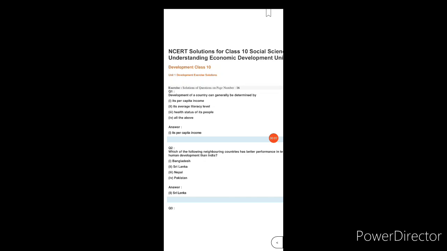जैसे मैंने आपसे कहा था कि मैं डेवलपमेंट चैप्टर क्लास 10 का सॉल्यूशन लेकर आऊँगी फर्स्ट चैप्टर का, तो वो आपके सामने प्रस्तुत है। फर्स्ट क्वेश्चन है, डेवलपमेंट ऑफ ए कंट्री कैन जनरली बी डिटरमाइंड बाय। आंसर है इट्स पर कैपिटा इनकम। क्वेश्चन सेकेंड, which of the following neighboring countries has better performance in terms of human development than India? तो आंसर इसका श्रीलंका।